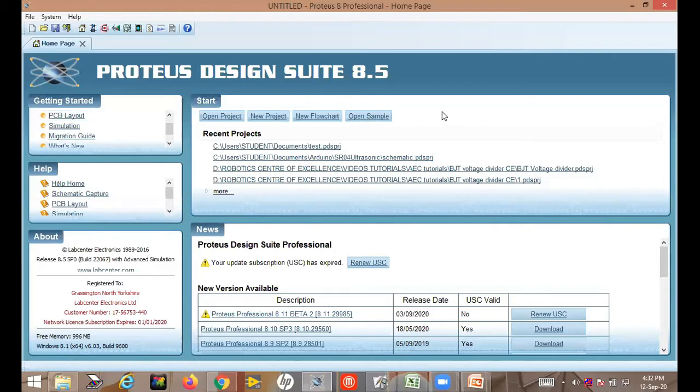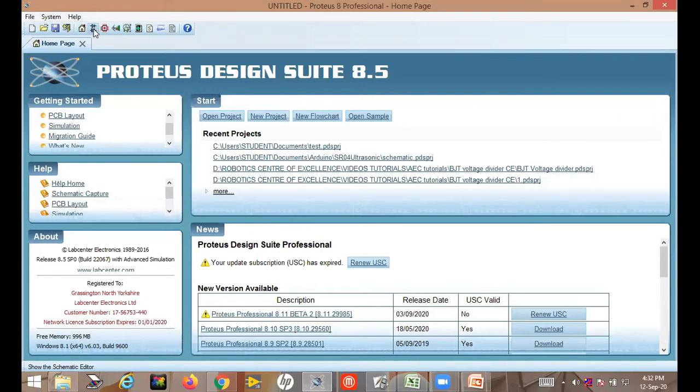So today I will show you how to use this platform to design schematic. Schematic means what? Circuit design. Schematic means designing the circuit. Okay. So to design a circuit, what do you have to do? These are the different tools. This is the toolbar, and this is the menu bar. In the toolbar, you can see one diode and one capacitor symbol is present. Okay. This is for schematic design.